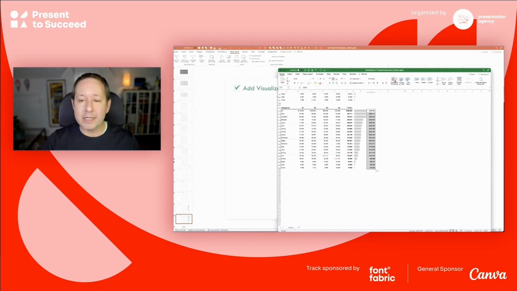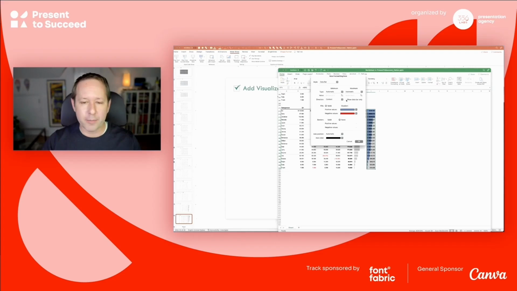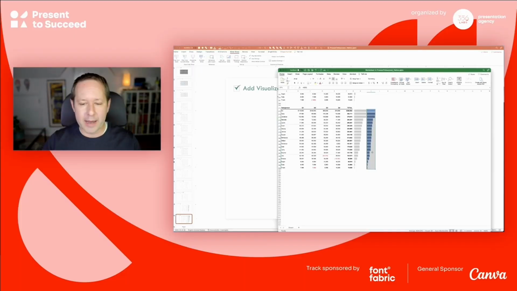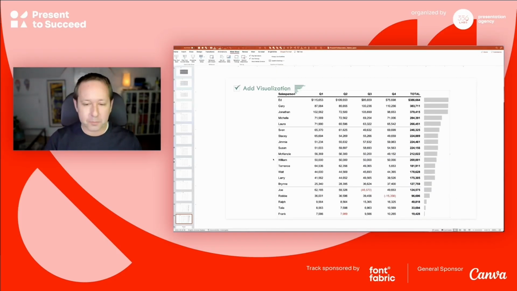And then I'm going to go to conditional formatting and go to data bars. People know conditional formatting, but nobody ever uses data bars, and they're really cool. Go down to solid fill, and boom, there you've got your data bars. And if you don't like the numbers there, like I don't, you can go back and go to more rules and say show data bar only. You can change your color and shading and all sorts of stuff. Click OK, and now your data bars come up. So that's exactly how I made it. And however wide the column is, that's how wide the data bars will be. So that's a super cool way to add a visualization.